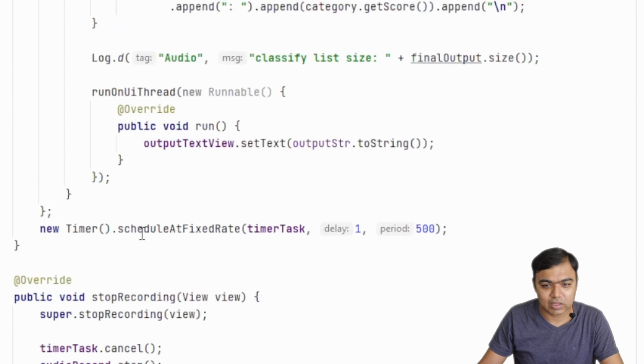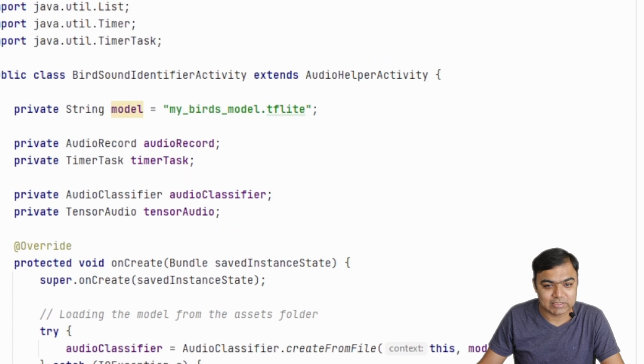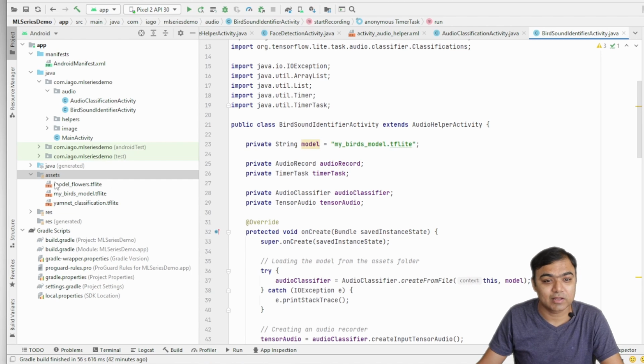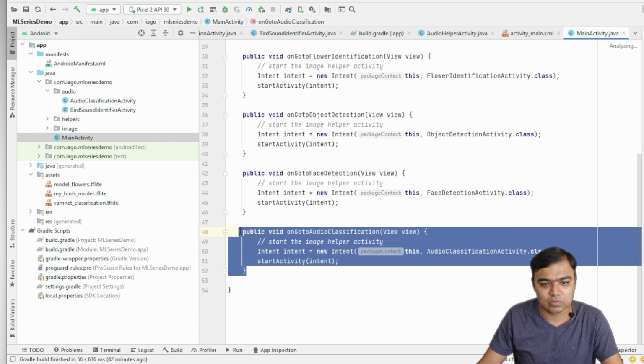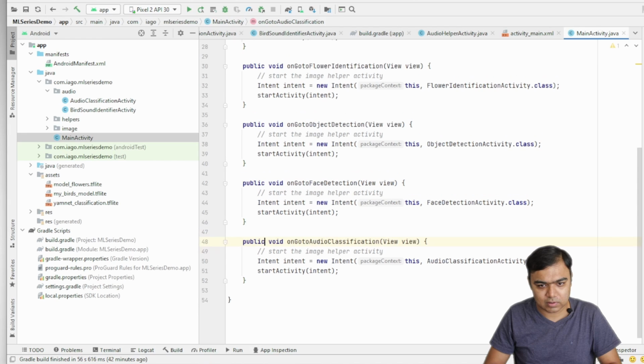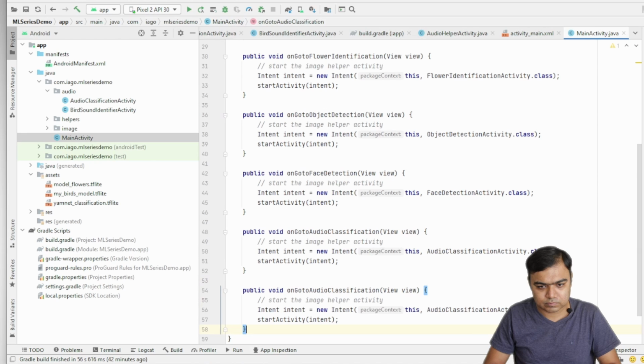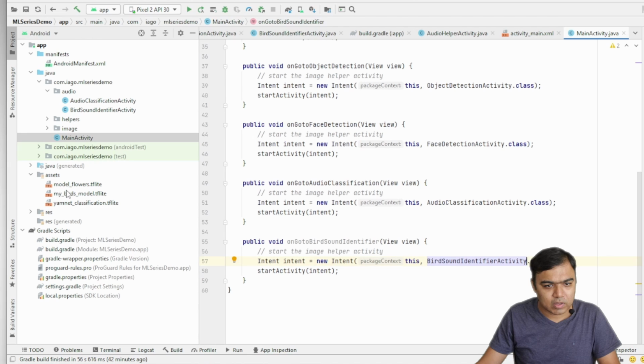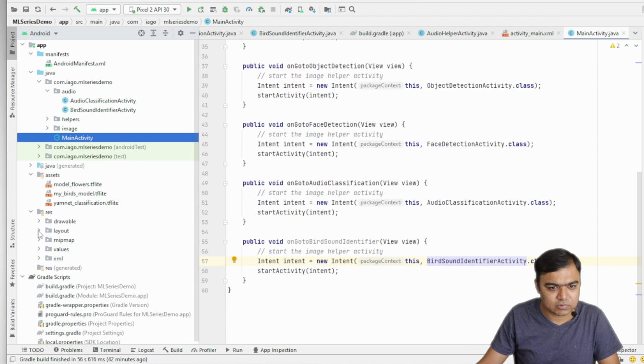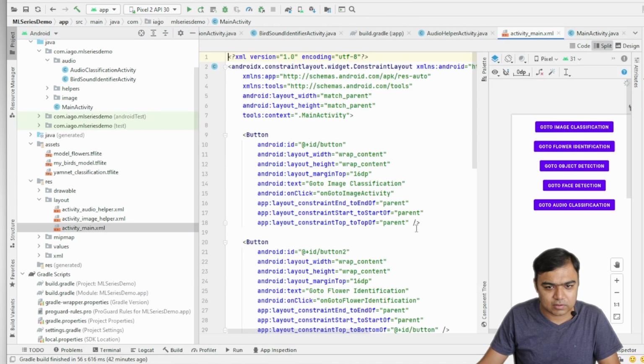So our code is ready. Let's add it to the main activity. Instead of go to audio, this would be on go to bird sound identifier. Now let's go to the layout: resource, layout, activity main.